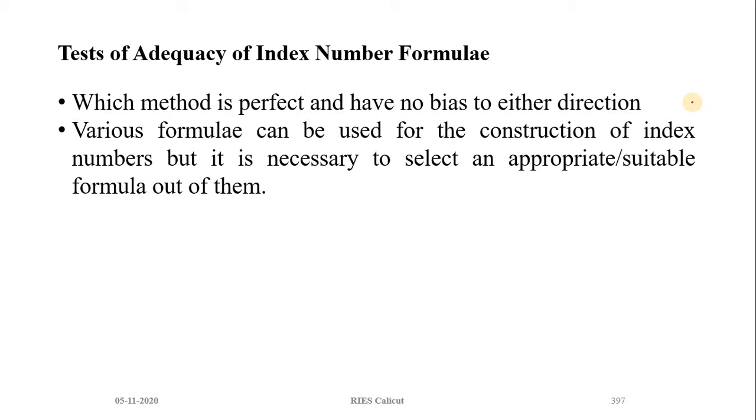So these two indexes are biased in one direction or the other. The main problem for the bias in the Laspeyres index is that we are using the quantities in the base period